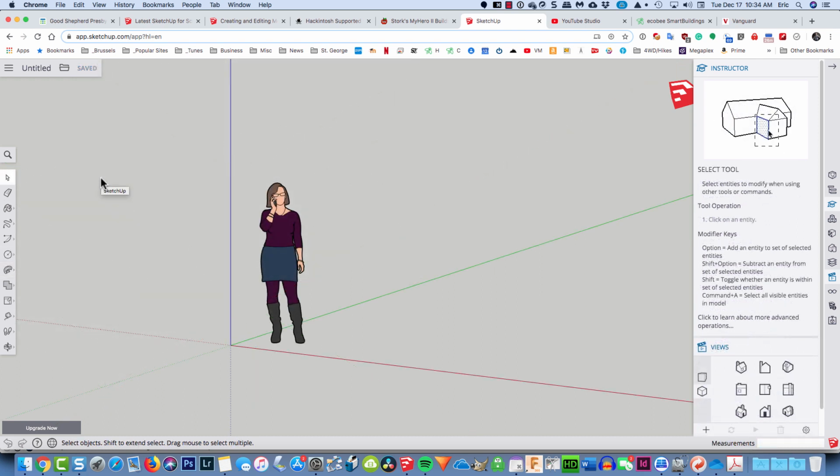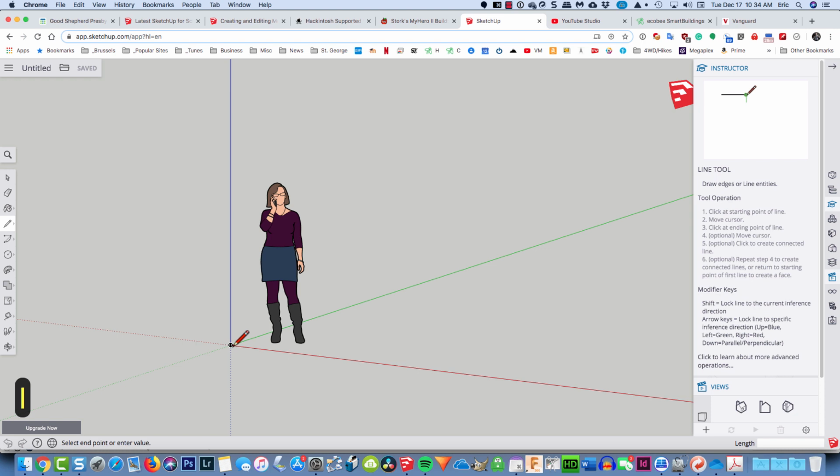The next tool is the Follow Me tool, and the thing that you need to be careful about is that you need to make sure that what you're asking it to extrude or to is going to be perpendicular to the lines you've drawn. So let's first of all draw our path. So I'll type in L for line, and I'll just come up here like so, and I'll come up here along the green axis,